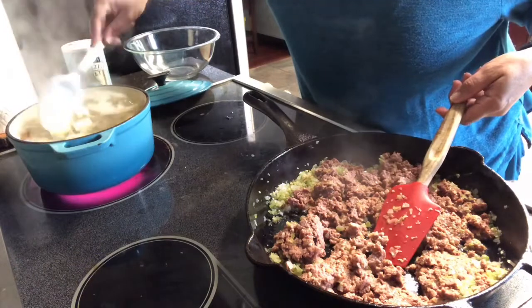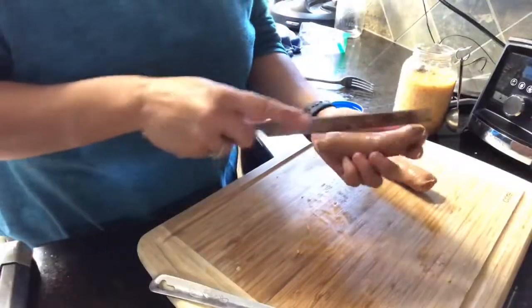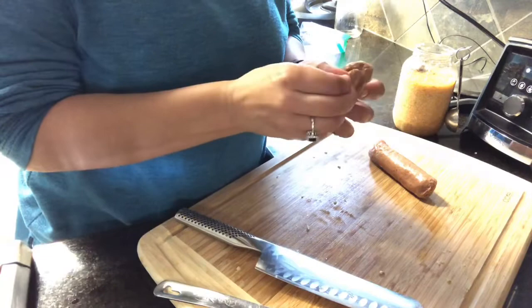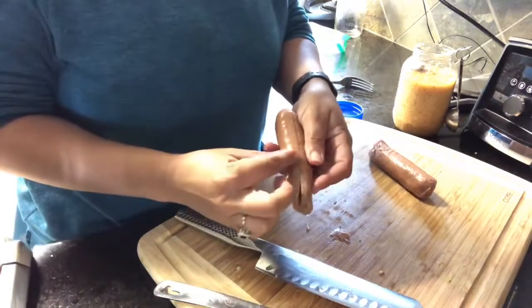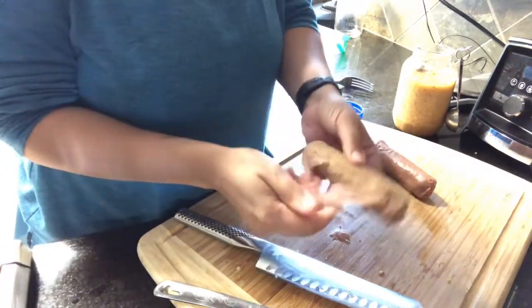You're going to stir your potatoes around, make sure they keep on going, and at the same time, you're going to want to still stir your meat. Now, for the Beyond Meat sausage, I just take off the casing. It literally has casing. It's crazy. I don't know what voodoo they do, but it's amazing. So they have this casing, and I just kind of remove it,